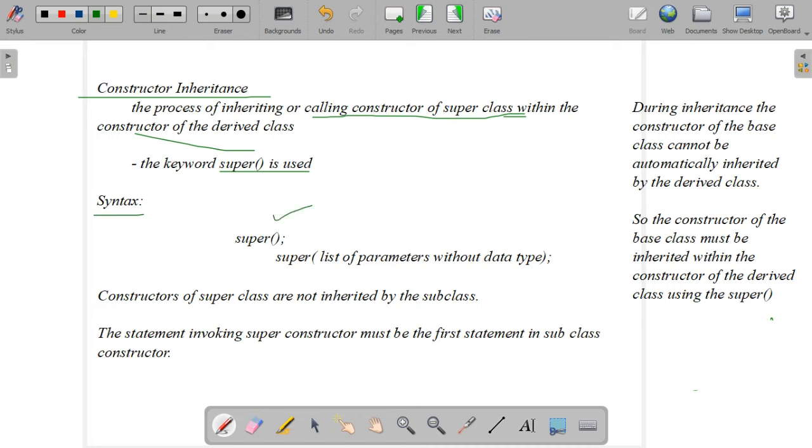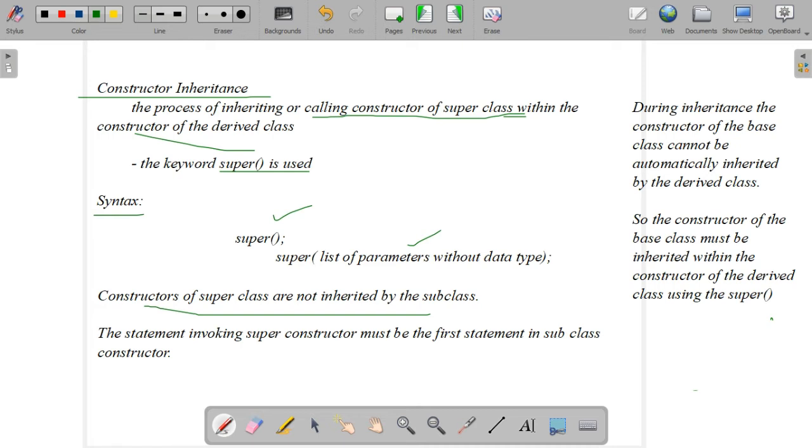If there are any parameters, you list them in super(list of parameters) without data types. And one more point: constructors of the superclass are not inherited by the subclass automatically. When the class is inherited, all the properties are inherited, but the constructor of the base class is not. That's why we need to specify the keyword super, or the super method.